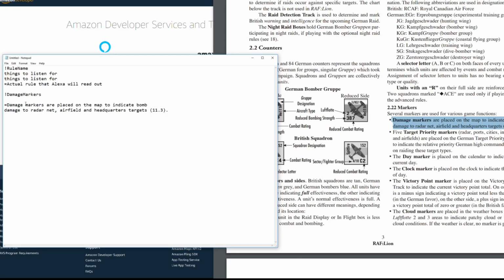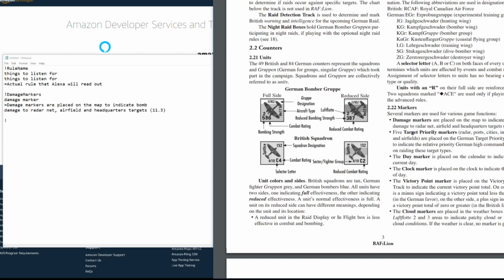Okay, now what to listen for? What would be something people would say to where you'd want them to go to this rule? So you're sitting with your buddy, and he asks a question, and now you want to go to this rule and read it to him. What did he ask you to make that? I'm going to say damage marker. So that's going to be what to listen for, the words damage marker. If you say that anytime, anywhere, in any context, I'm going to read you this rule. Okay. Seems simple enough, because this is a very specific type thing.